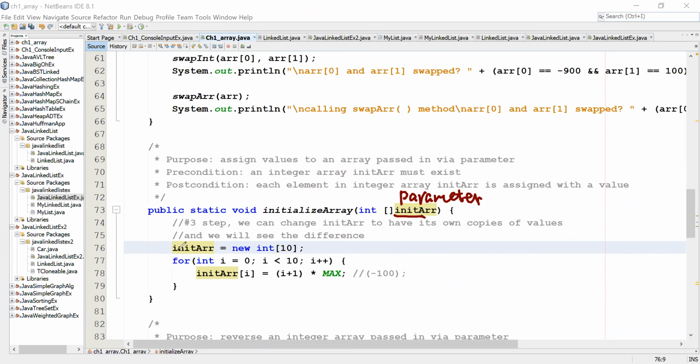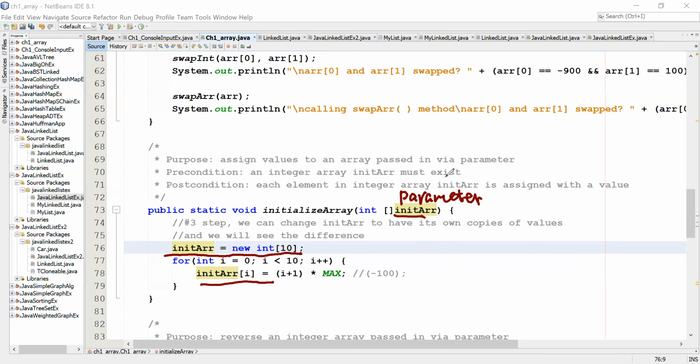And then over here, I do parameter equals new. And then I do an assignment. Then in main, if I call this method, so my question is,